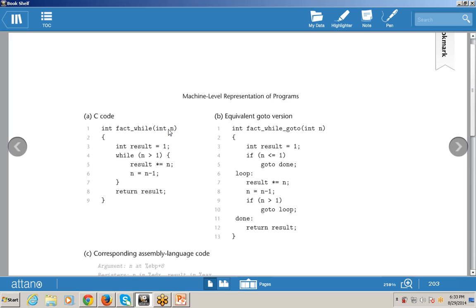There is one argument, one variable, that is int n, and curly brace start, int result equals 1, means put the value 1 to the result variable. While n is greater than 1, this statement will execute till n is greater than 1. Result into n, the same way which I told you in the do while loop, means putting the values of n to the result and then at last multiply the values.